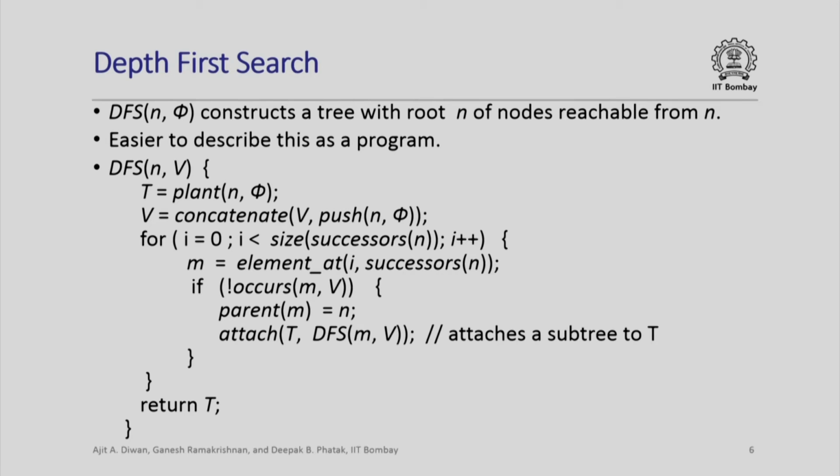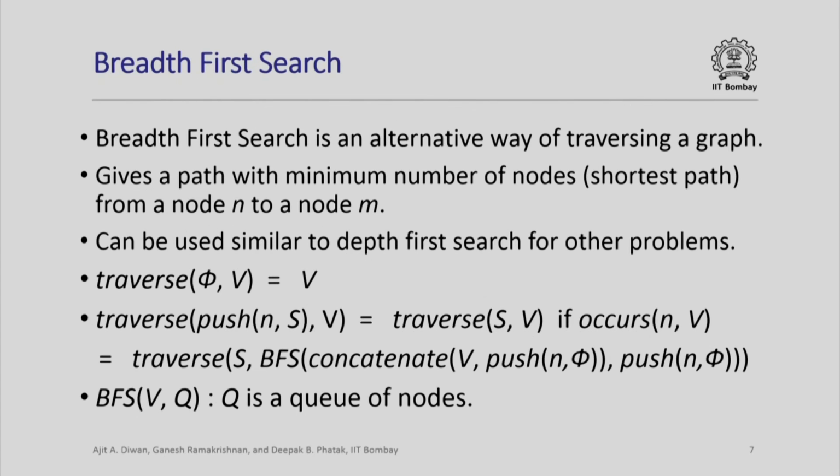So, that is a new subtree that gets attached to the list of subtrees of the tree T that we have got. Initially, we had no subtree, and when a successor is found which has not been visited, we will call DFS for that successor. It will return some subtree of nodes reachable from that successor, and we will attach that as a subtree of the tree T. Finally, we will return the tree T. So, this is a more programming style of describing depth first search. It is much more compact if you use the functional description, but this is more powerful. You can do more things like computing the parent and so on using this.